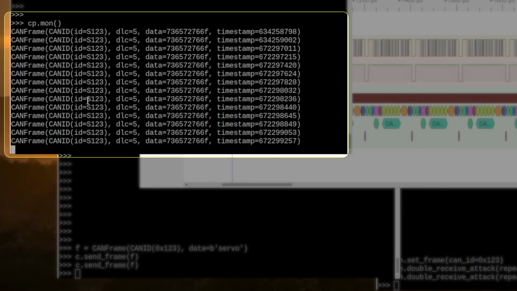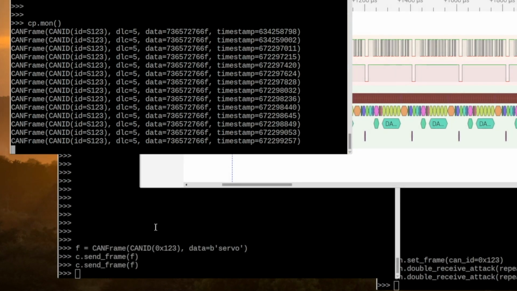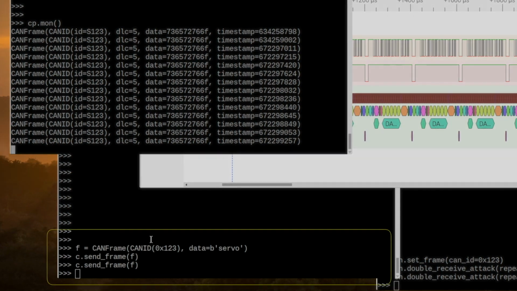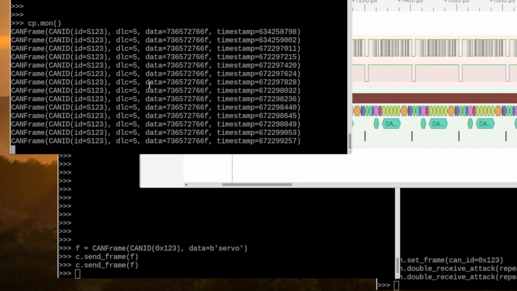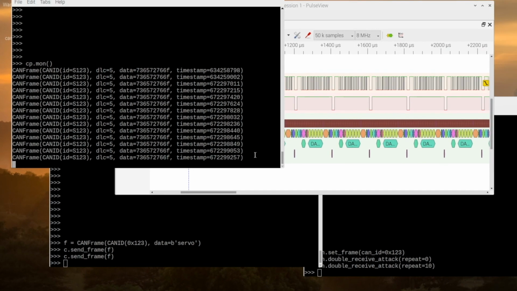And here we have in total 11 extra receives of the frame. So if the application is sending a servo command to move it by a certain number of degrees, and we wanted to magnify that movement by getting the software that sends this once, this receives it multiple times, and we can effectively take control of the servo through this double receive attack.